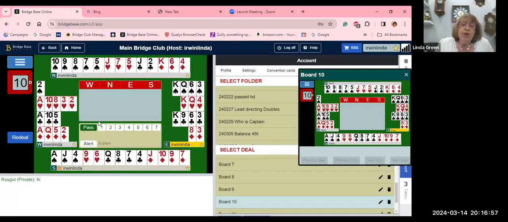Okay, we have 13 points here. East is going to open 1 club. Pass by South. 1 heart by West. Pass by North. 1 spade by East. We bid 3 suits. Pass by South. And now